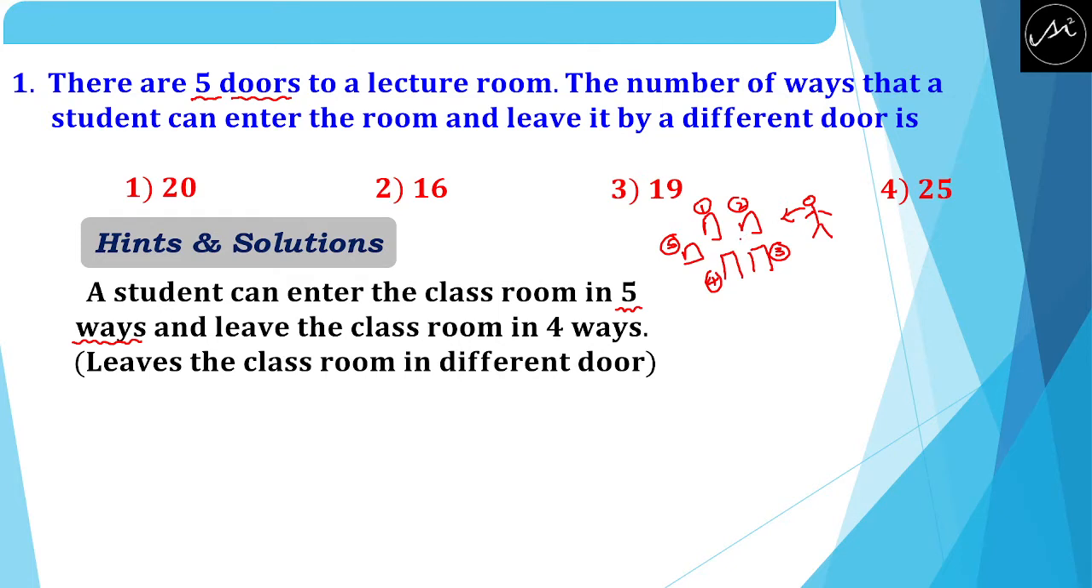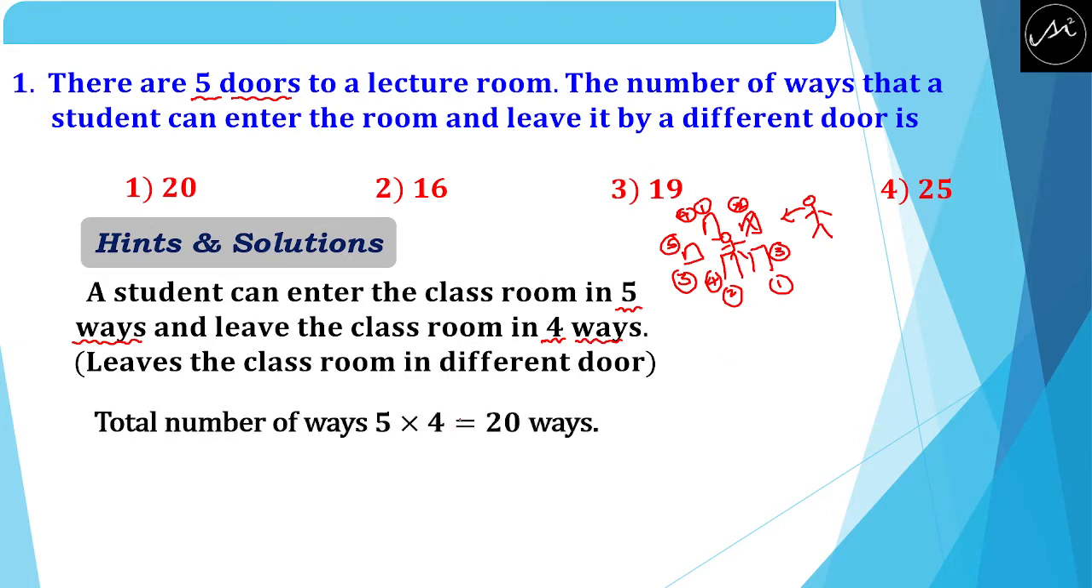Once he comes inside the classroom through this door, this choice is over. Now how many are remaining? 1, 2, 3 and 4. Only 4 doors are remaining for him to go outside. So there are 4 ways to leave the classroom. Therefore the total number of ways is 5 into 4, that is 20